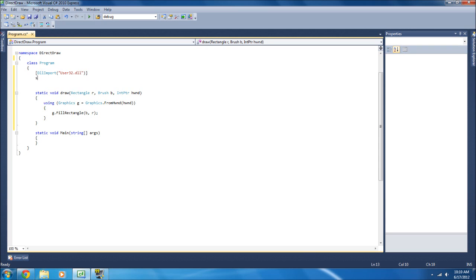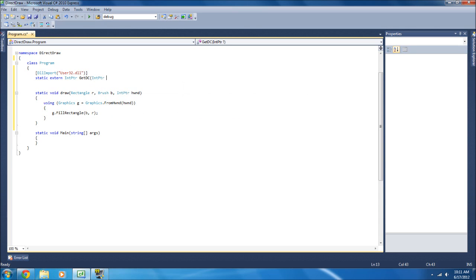And then we're going to put another static variable. So static, let's see, is it a void? No. But anyways, it's extern first. Extern, because it's, I guess, coming from the outside. I don't pay much attention to what exactly all these things mean, I just know how they work. Static extern, and then we go ahead and IntPtr like we had before. And then we call it, I think it's GetDC, and then we have an IntPtr in there,